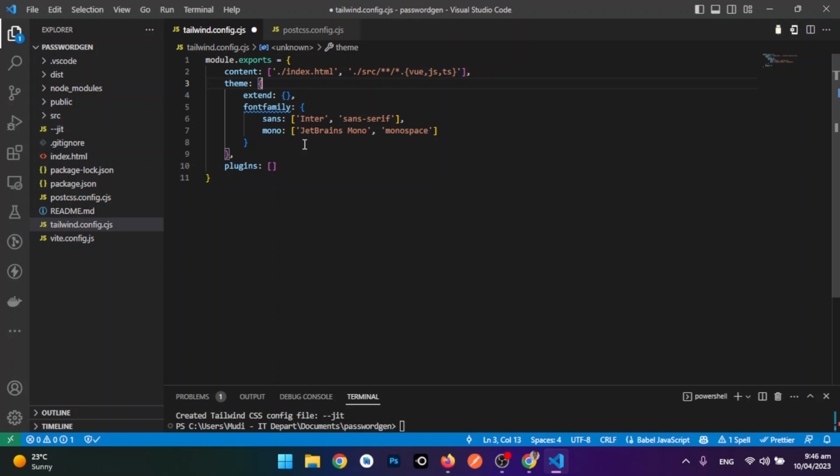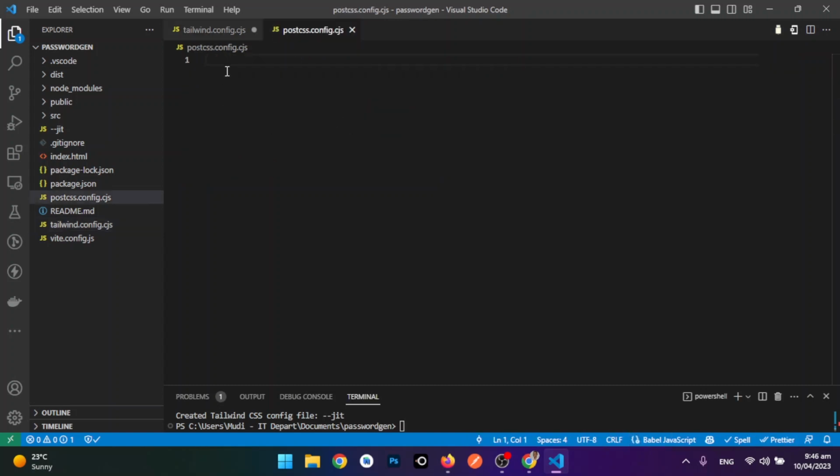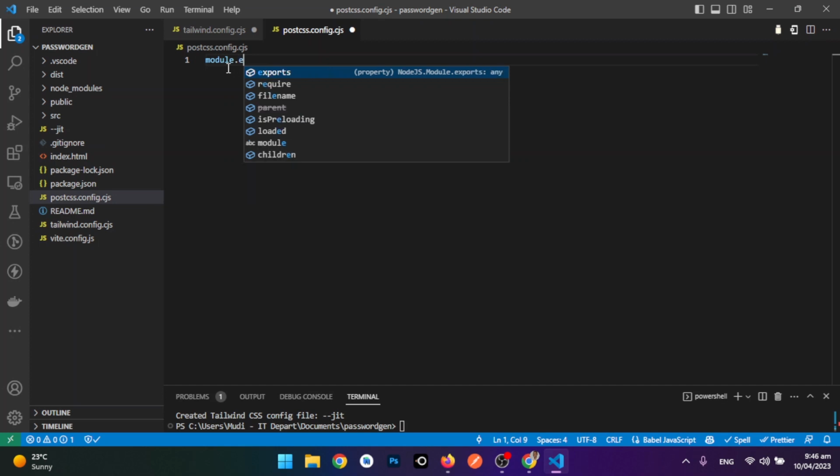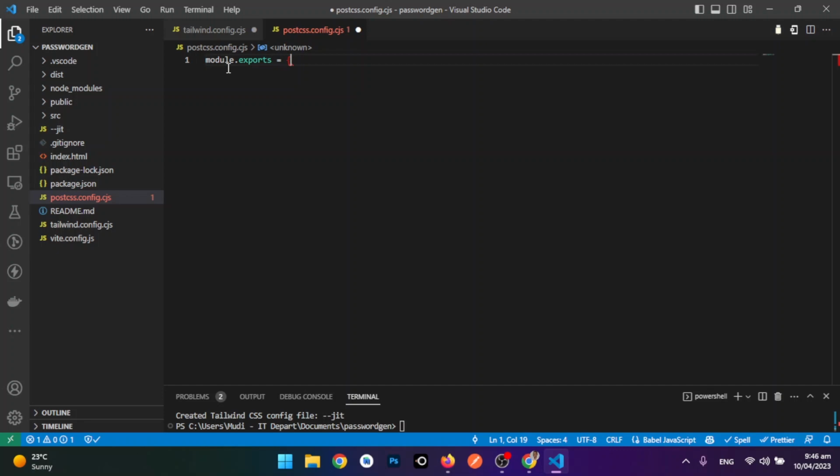Now we'll go to the postcss.config and also just configure some things. So say module.exports, and then we'll say plugins with CSS, and also add autoprefixer. Let's close it there, add a comma, and close it again. That should be fine. Okay,